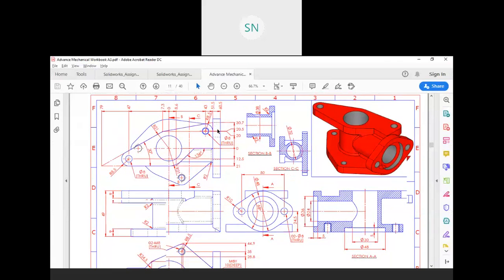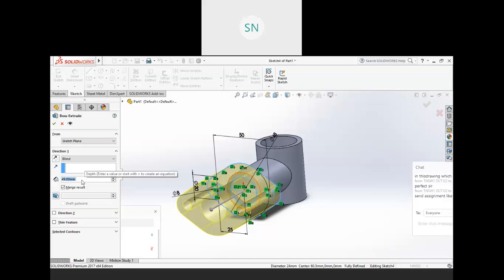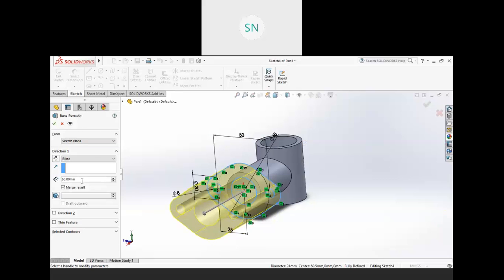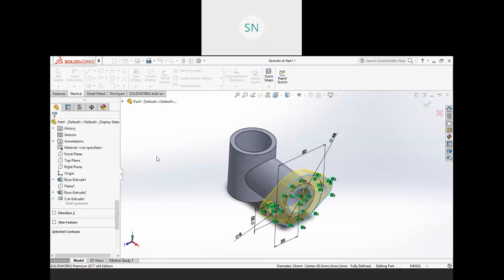And find the thickness, and that thickness should be inside. So we need to calculate it from here. It's 51.5 and this is 60.5, and actually I don't like to calculate, so we will add 60.5. Okay, so 60.5 minus 51.5, so it will be 8.5 or 9 mm, right? Flip it inside and hit OK.